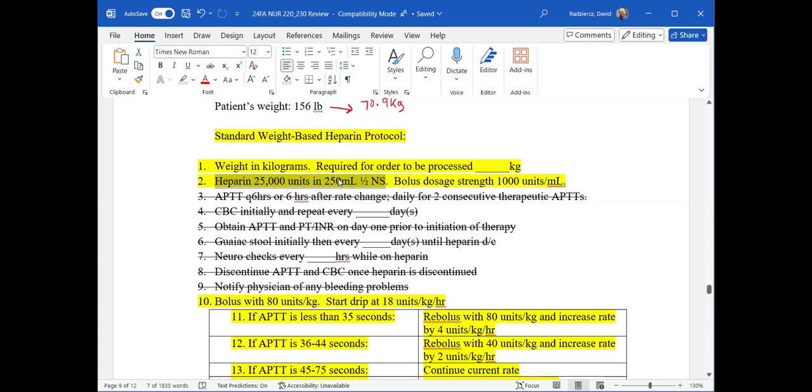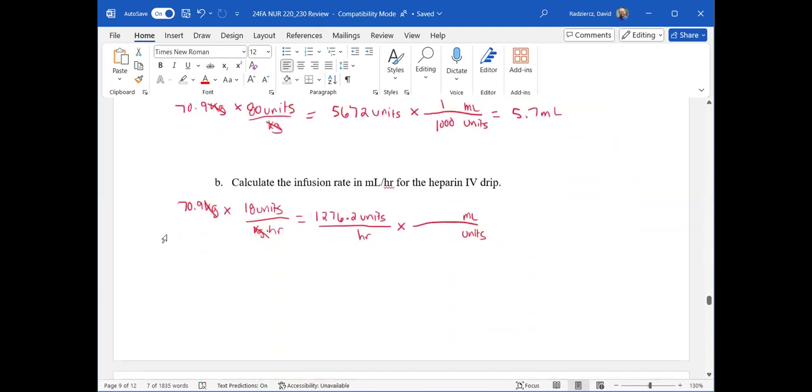Now we're setting the IV to make sure they get an adequate amount of heparin while they're dealing with what's causing their clotting issues. So I'm going to put in the 25,000 units, and I'm going to put in the 250 ml. Now, just because I've been working with this for several years now, 250 over 25,000 is just 1 over 100. So that's how I know when I come up with my answer here, which gives me an answer of